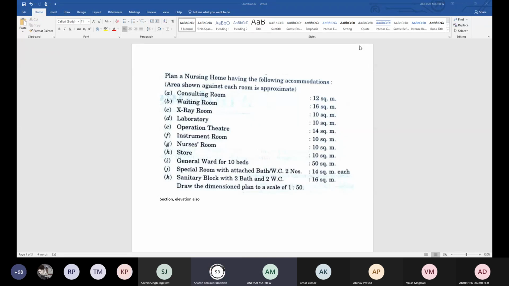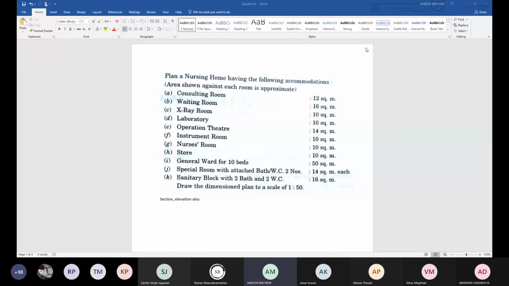Sir, can we leave the meeting now? Why are you leaving the meeting? Sir, last time after the question paper, we showed the line sketch.